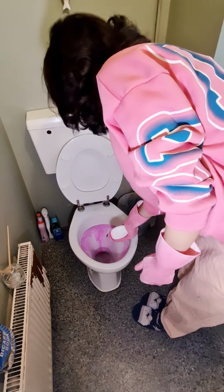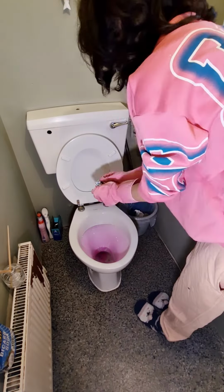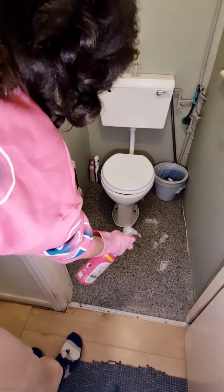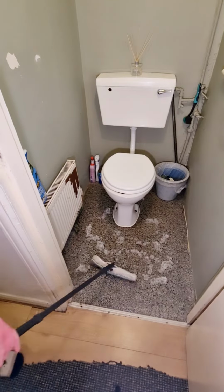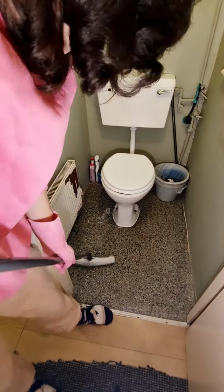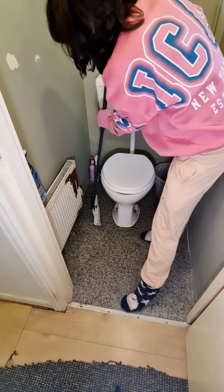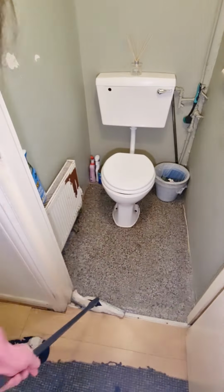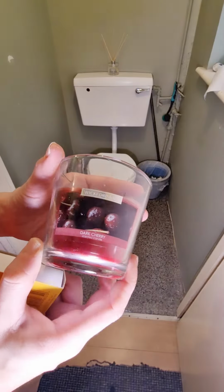Anyway, look at this. Look at the toilet. I put that stuff on after scrubbing it. Something fell out. I was so satisfied. I loved that moment, because whatever that was, I've just dislodged it, and it made me feel really quite happy. It was like chalky stuff. It was really weird. Anyway, I always go around the edges, so maybe my efforts of doing it every other day is starting to pay off, because I don't do that every single day. That's just ridiculous. I'll go around with bleach. I'll stick some bleach down it at night before bed and whatnot,